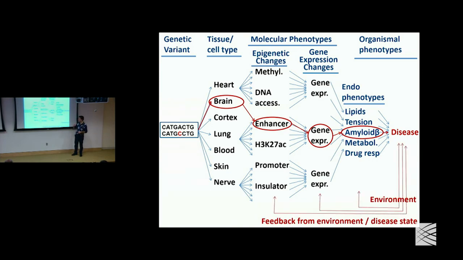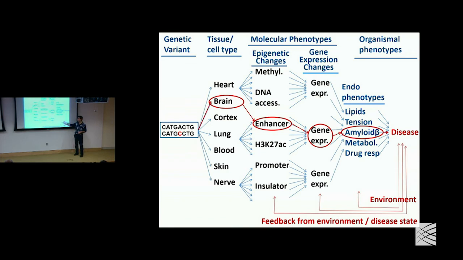The challenge, of course, is that the environment can affect the disease and these intermediate variables, so these arrows are not unidirectional in the middle here, they're actually bidirectional. And number two, there's a lot of feedback from the disease itself that might be influencing those. So we have to be very cautious when interpreting these in terms of causality,